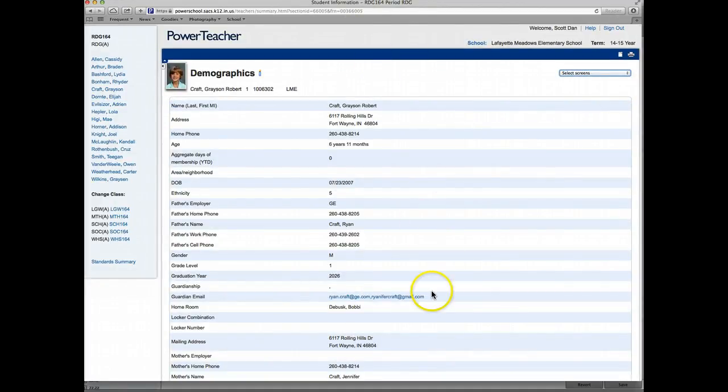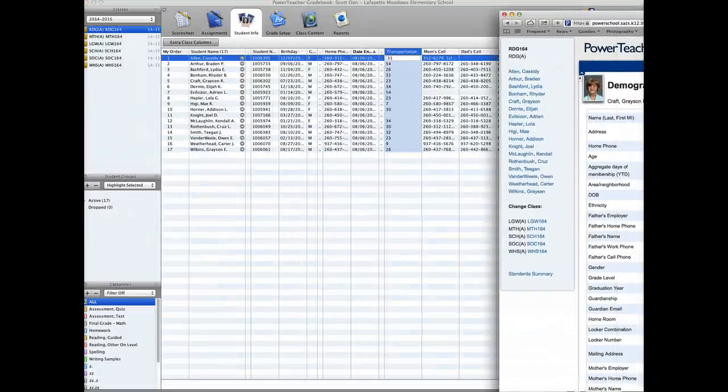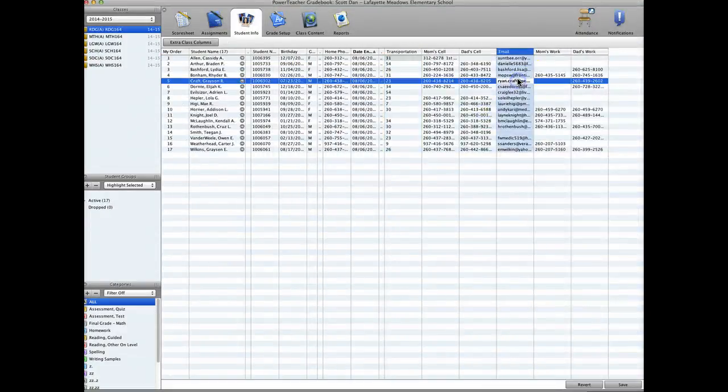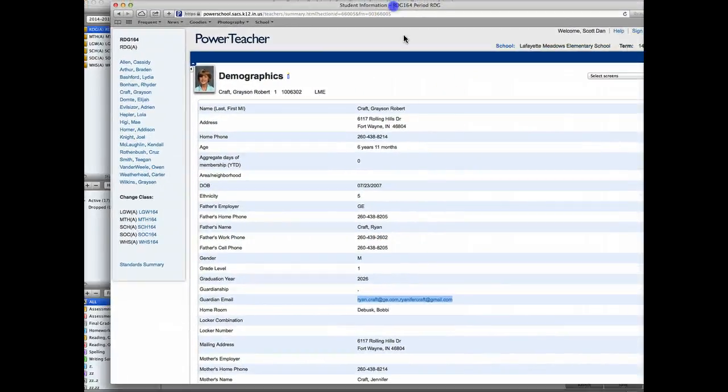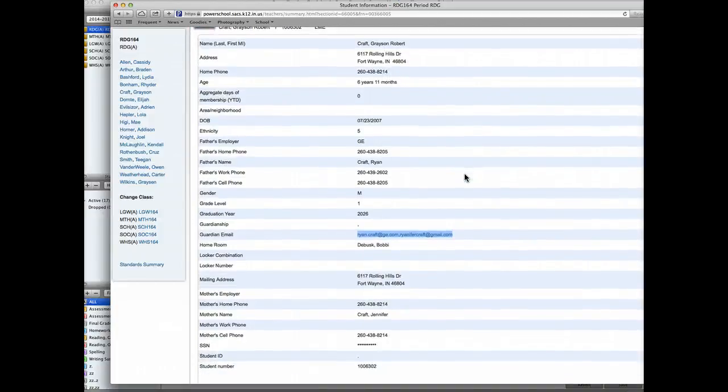Here you'll be given access to email addresses that you can just highlight and copy, or you can use your keyboard shortcut Control or Command C and just paste it again in the field that goes with that student. That would be Command or Control V, or right click paste. Once you've finished putting in all of the information,